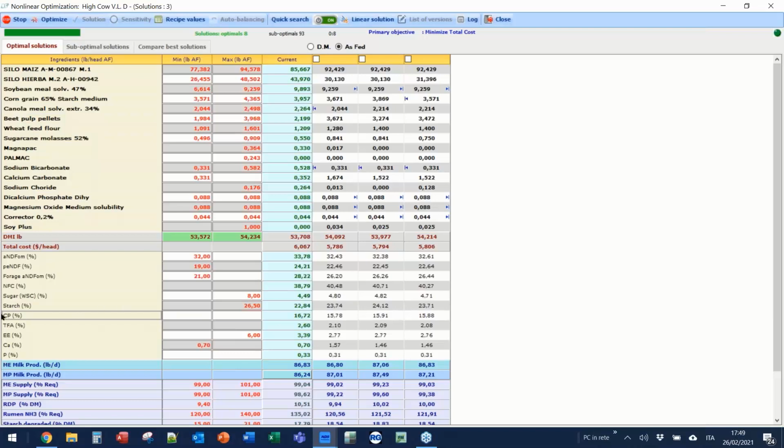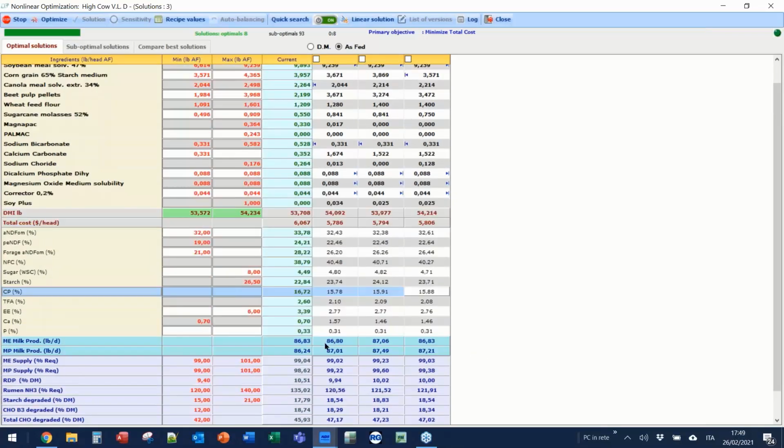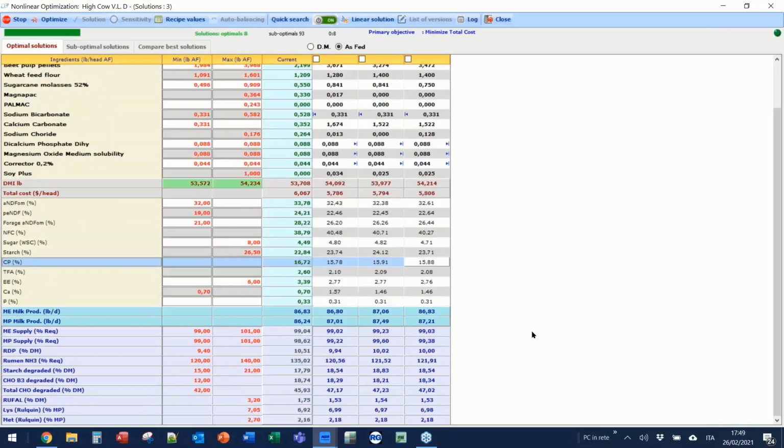But given that it is included in the list, we can see the evolution of the crude protein in the three solutions. Current level 16.7, then 15.8, 15.9, 15.9. Allowable milk, almost the same, little difference. So this might be a first level of solution. I am happy with that. Maybe